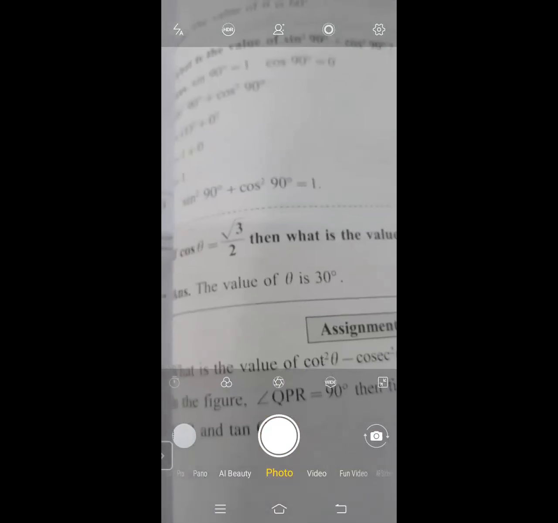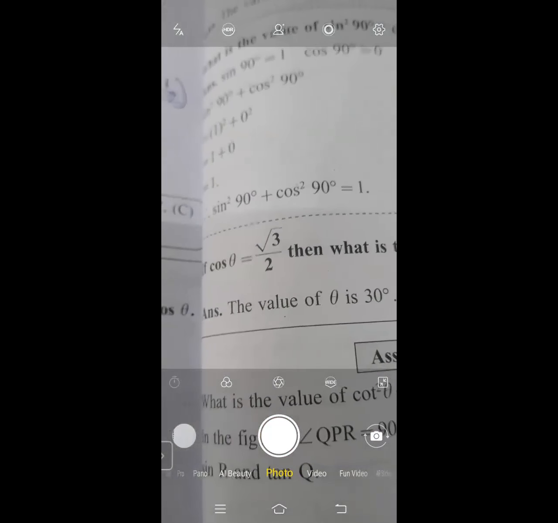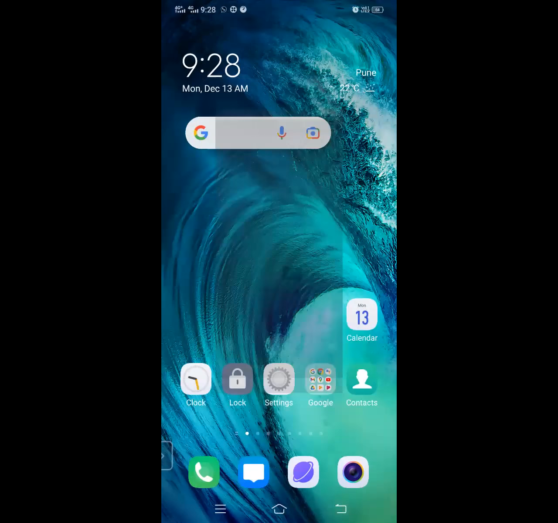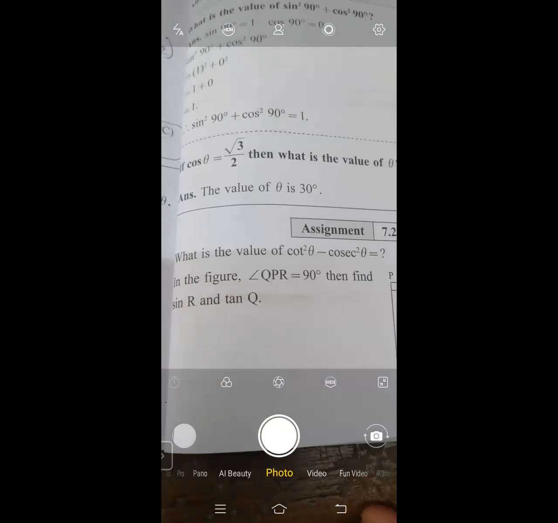Okay, these are very easy, simple marks gaining questions, which do not require any logic. It does not require much solving. No calculations are there. Just you have to use the trigonometric ratios, whatever we have done, and solve these questions. Trigonometry requires practice. Unless and until you practice, it won't be that easy for you to solve the questions.